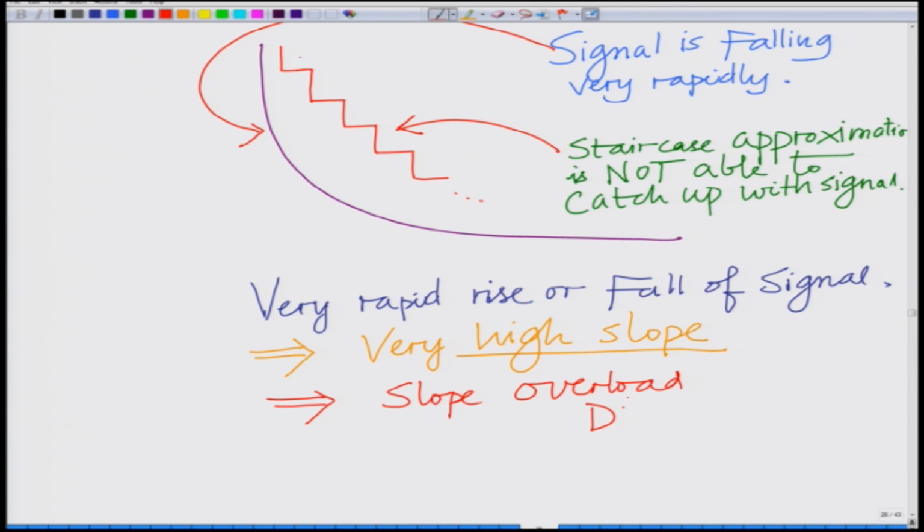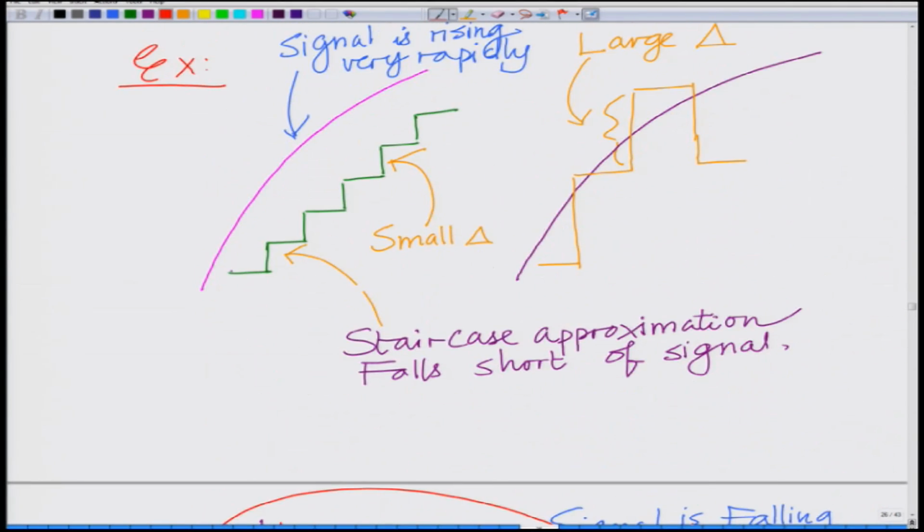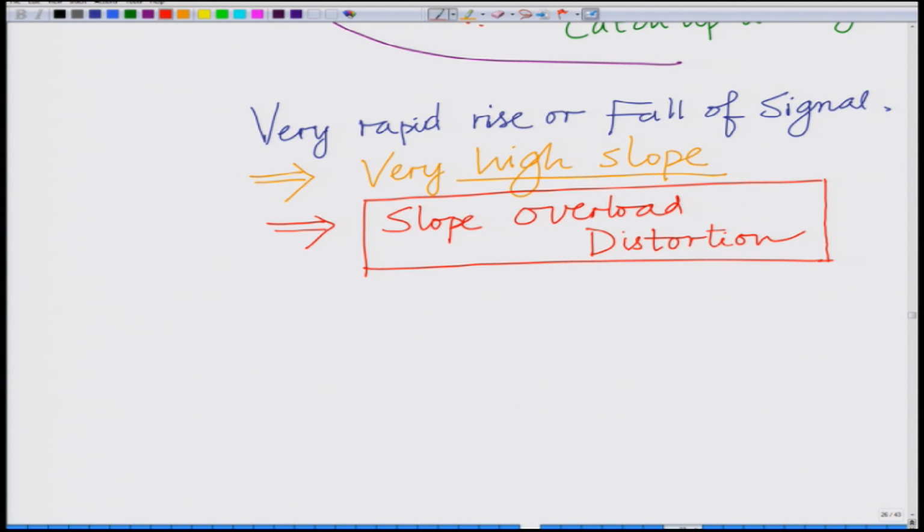This is termed as slope overload distortion. As a result of slope overload distortion, there is a high error between the staircase approximation and the actual quantized signal. So, this results in a high error